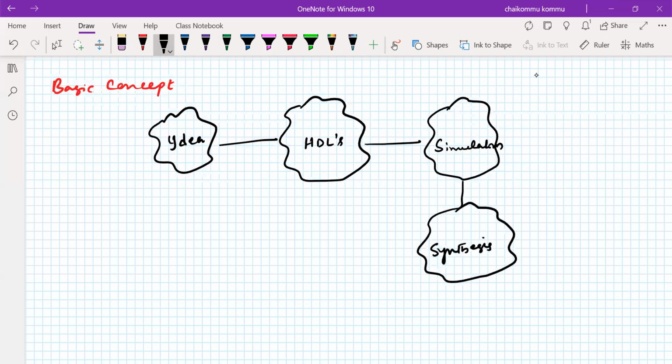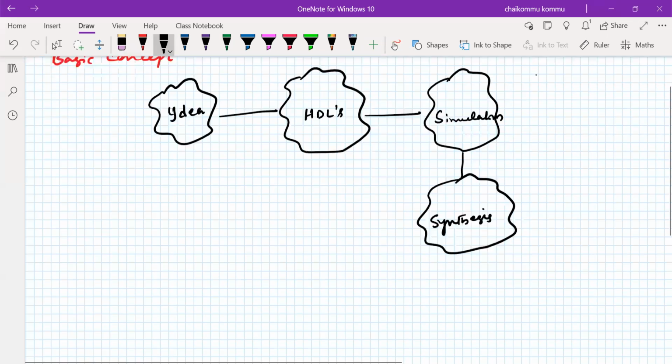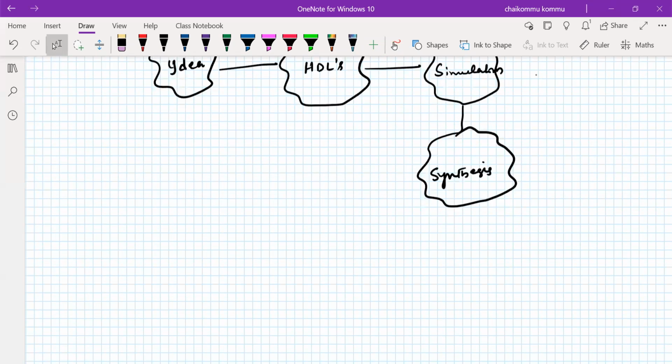So with the help of synthesis, the idea is created as a virtual circuitry. Now, whatever the synthesized code or synthesized diagram is, that must be implemented in the real world,